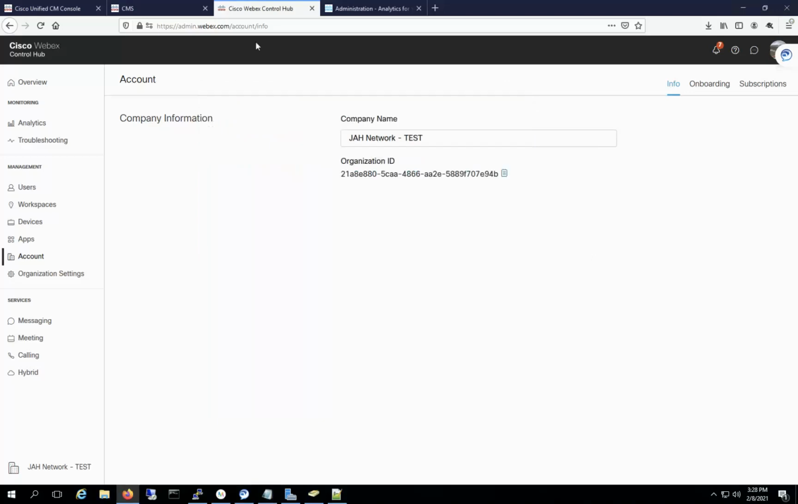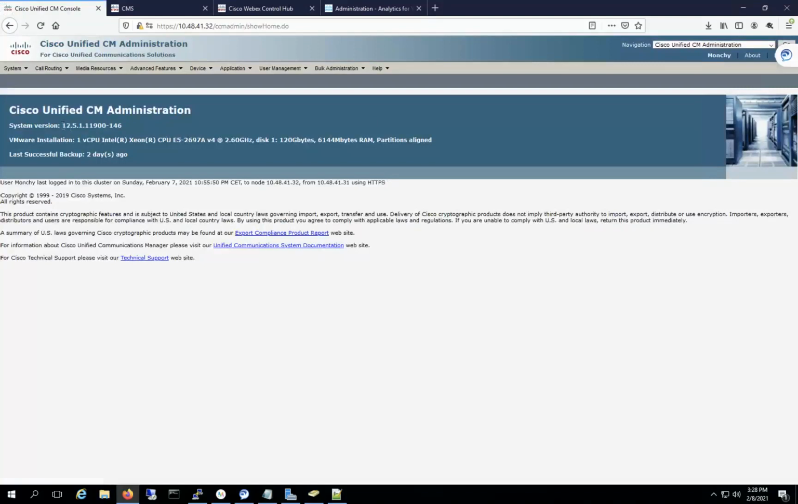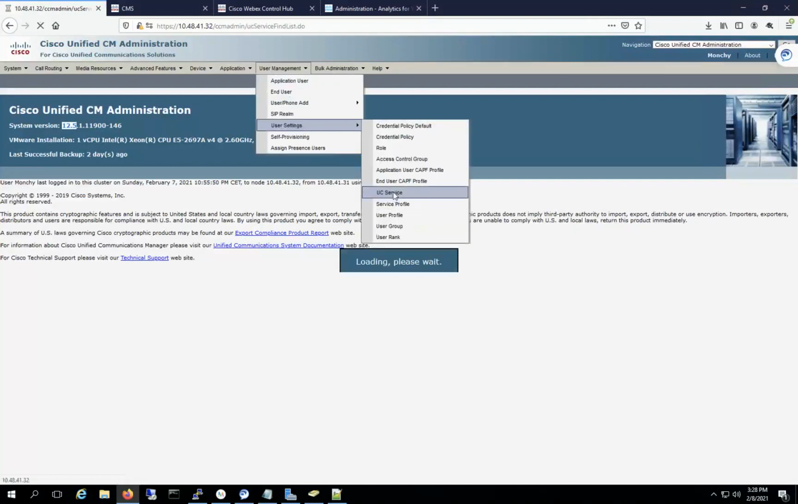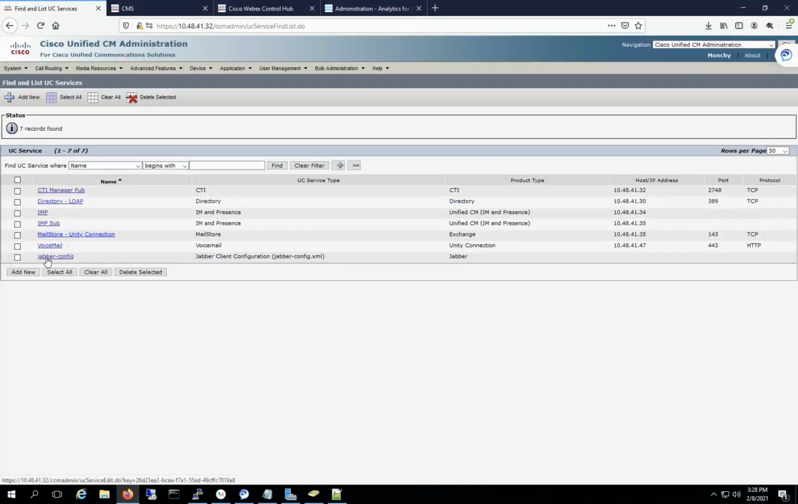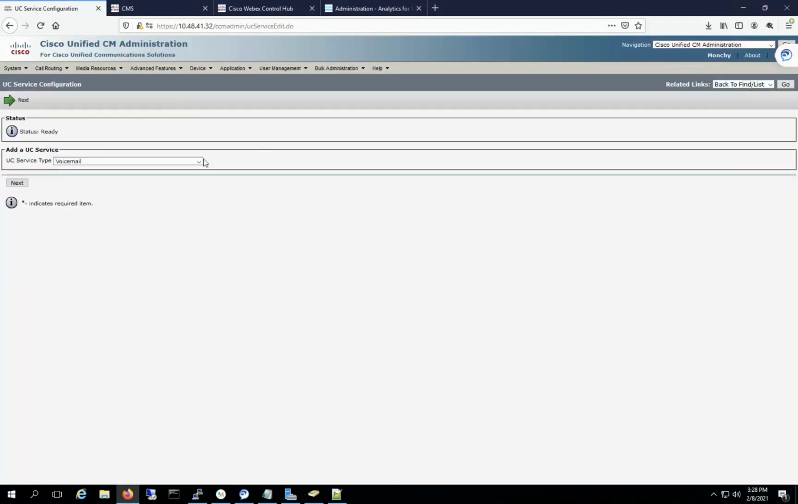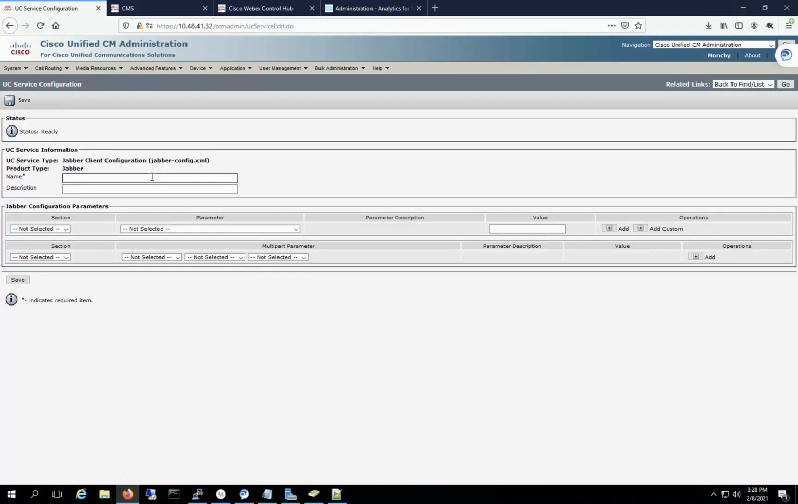In my case, I'm using a more, I would say, easy approach because I have CUCM version 12.5. In this release, a very cool feature for Jabber configuration is included within the UC service. This release includes a UC service that is named Jabber Client Configuration. So you can just add a new UC service, and at the bottom you see the name. It could be Jabber Client Configuration. You click next, and then you just name it whatever you want. So, Telemetrics,